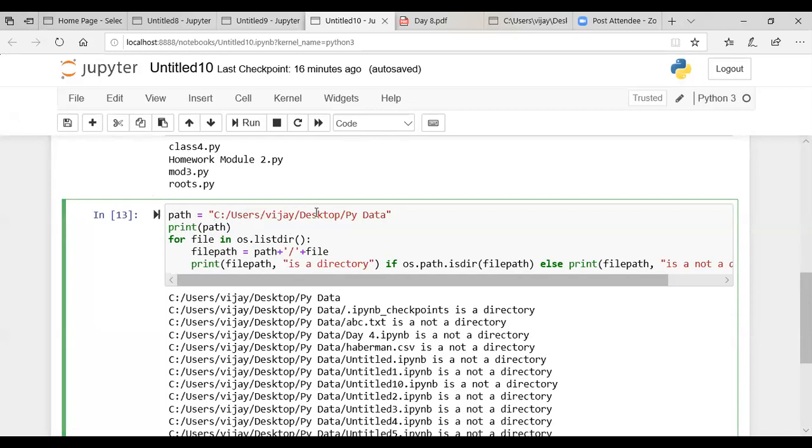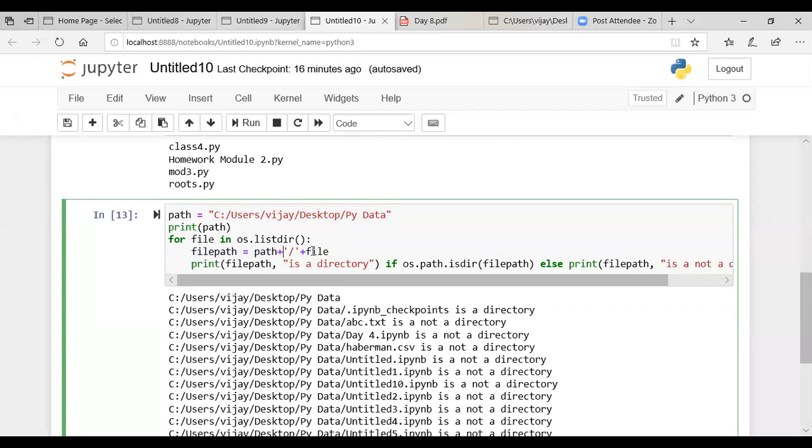I'm working within this PySpace data directory. So it says for file in os.listdir, for every file it will determine the file path. How is it going to determine the file path? The file path would be the path that I have defined over here, plus, which is used for concatenation, and then a slash at the end of this directory, and then file.